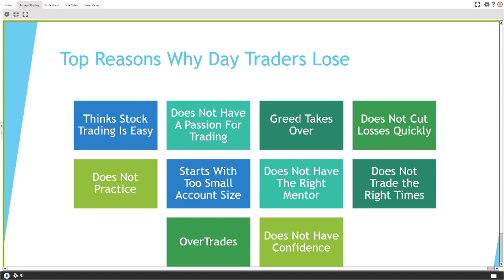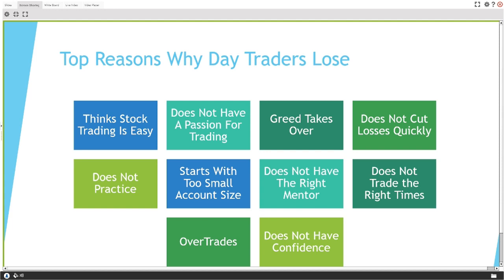Why else do traders lose? Greed. Greed is that emotion that's going to eat at you every single trade that you get in. You have to learn to calm down that voice, ignore that voice that says, hey, hold it a little bit longer, we can make some more money. That voice that says, wow, you just made $400 in a day, go ahead, hop back in on another trade, we can make $400 again. It's that little voice that's saying, wow, you made $200, imagine if we just do that 3 more times today. We'll be able to cross over 500, up near $1,000. Let's just keep doing this.